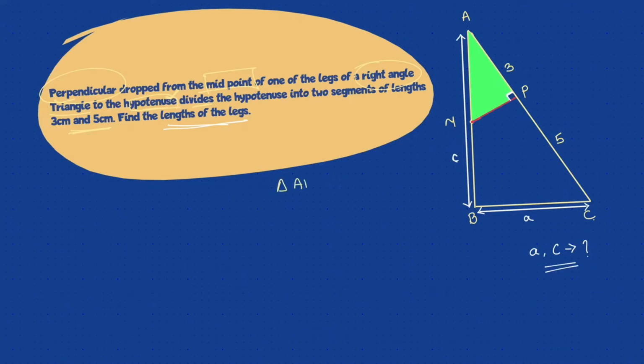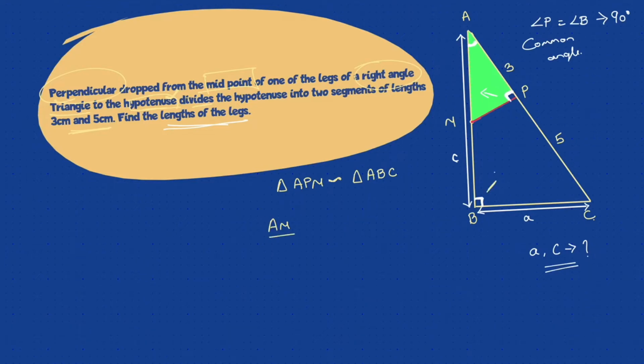Now let's take this green triangle, which is triangle APM, and the bigger triangle ABC. Why am I doing this? Because I can prove them to be similar. Angle P will be equal to angle B. Why? Both of them are 90 degrees, P with the perpendicular and B in the right angle triangle. And angle A is common to both triangles APM and ABC. So angle A is a common angle, which means I proved both the triangles are similar. Right? I know APM is similar to ABC.